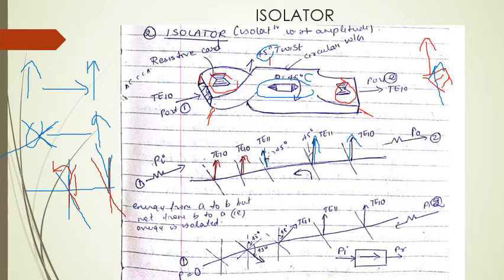Now let's see the opposite way. This time again, the electric field signal is passing through this part. Since it is in a direction perpendicular to the resistive card, the signal will easily pass through. Fine. Then what do you have over here? A ferrite rod. Its function, I'm saying, is that it will maintain the sense of rotation.